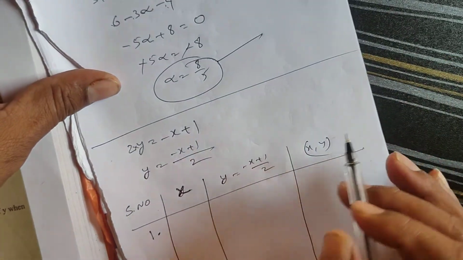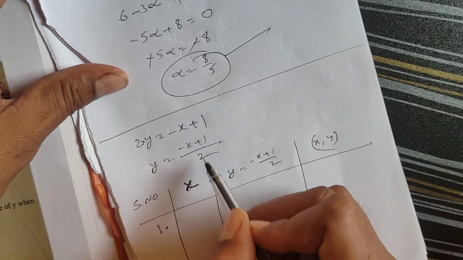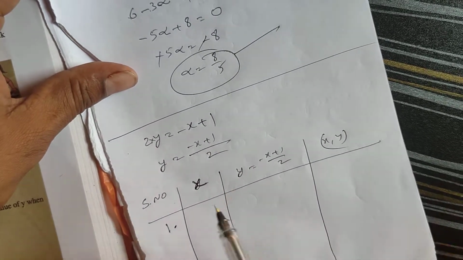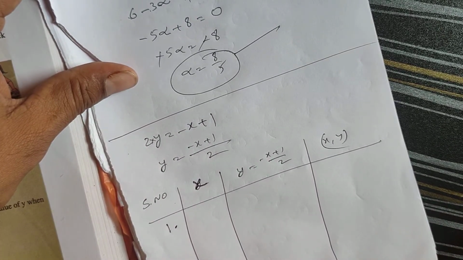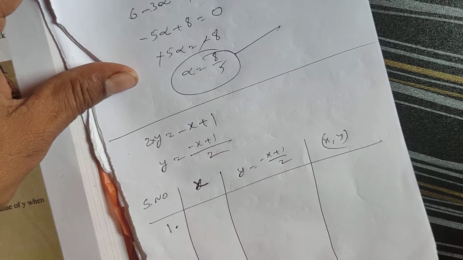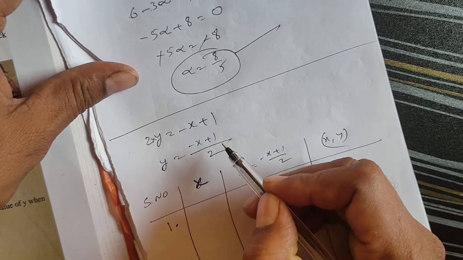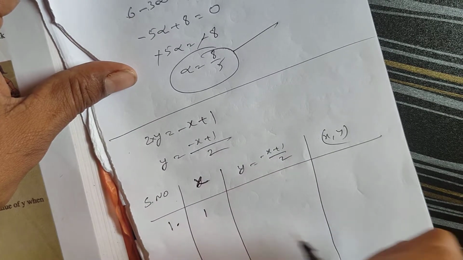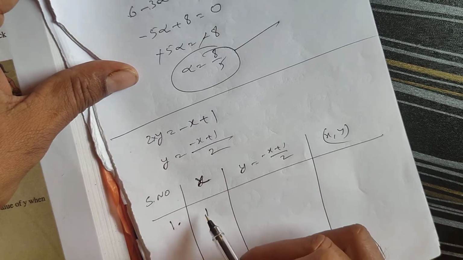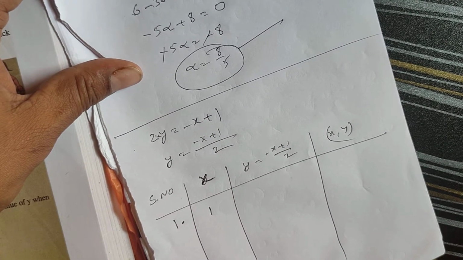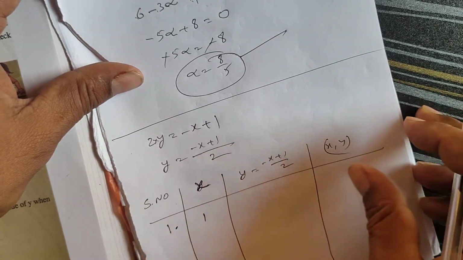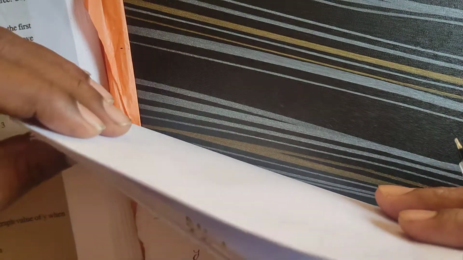If you take x is equal to 0, what happens? 1 by 2 will come. 1 by 2 means 0.5. So 0, 0.5 is somewhat difficult to plot as a point here. So you should see that you do not get a decimal or a fraction. Then x is equal to 1, you are taking. So x is equal to 1, how to simplify is very important. How you will simplify x is equal to 1, I'll show on another paper.